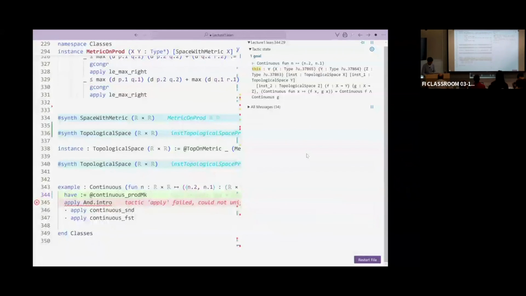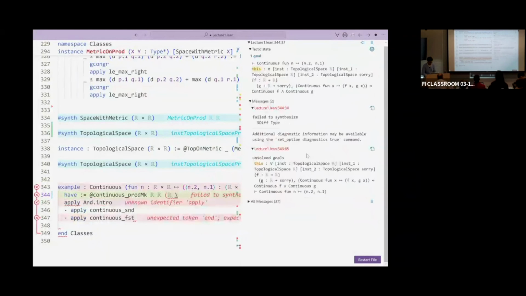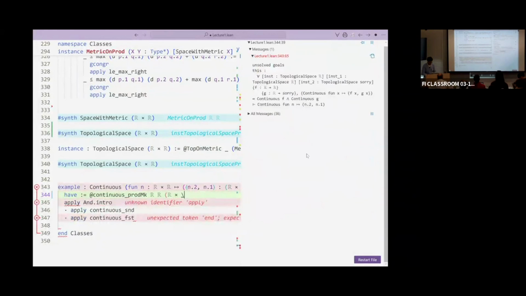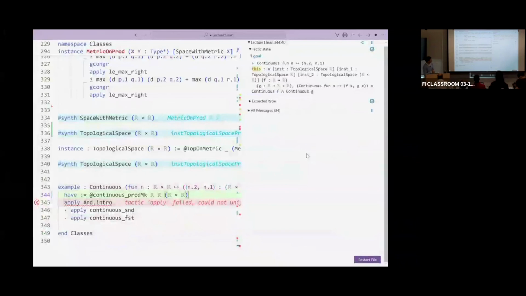So I'm taking for the first space R, the second space R, the third space R times R. Then I want a topological space structure on R, fine. A topological space structure on R, okay. A topological space structure on R times R, okay. Function F, function G.